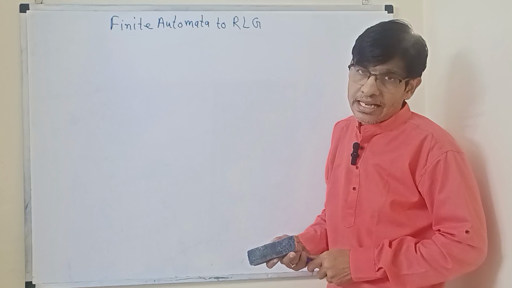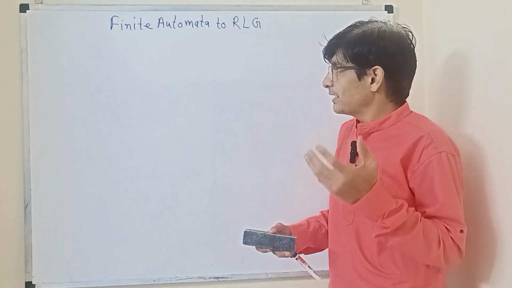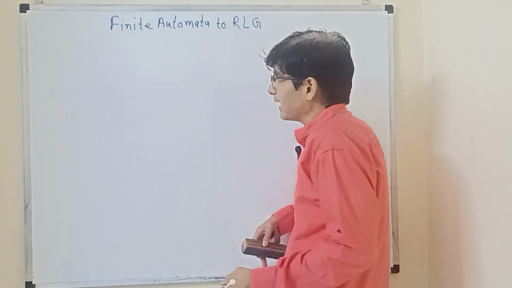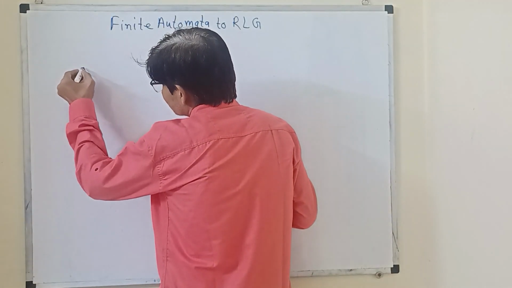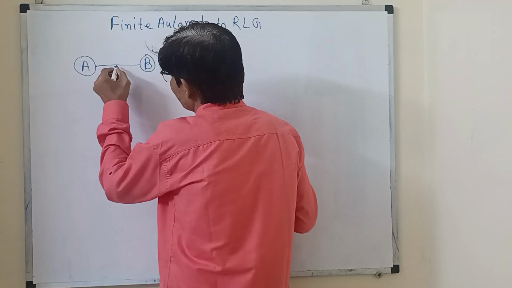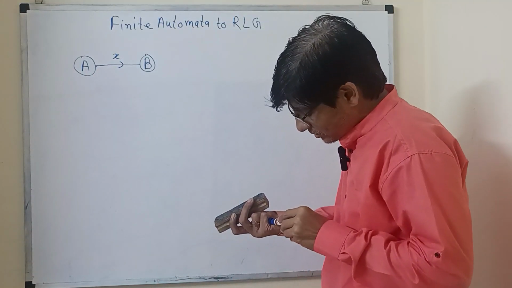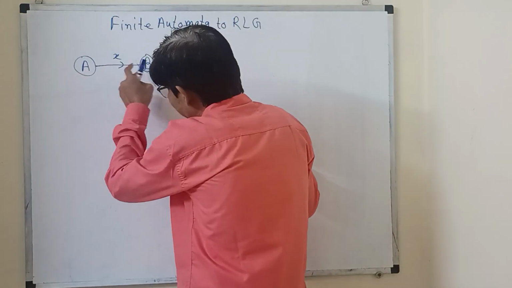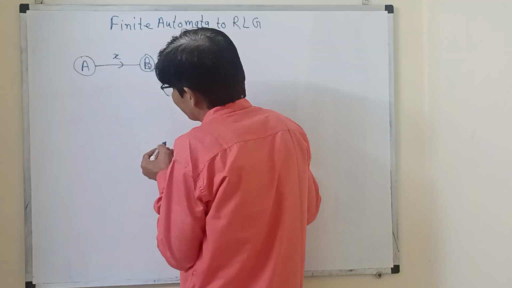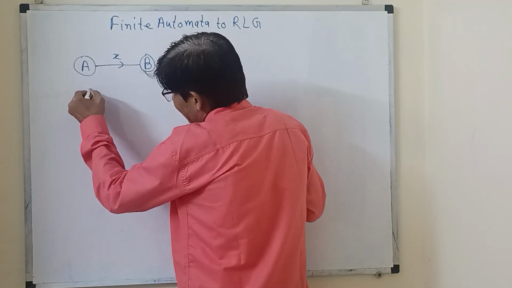So first of all, I will tell you some rules regarding this, and then we will discuss an example finite automata to convert into RLG. So I will start with rules. Suppose in a particular finite automata, you have two states, A and B, and an input symbol x between them. This may be one production in your finite automata. So how would you convert it into equivalent production rules? I can write it as A gives